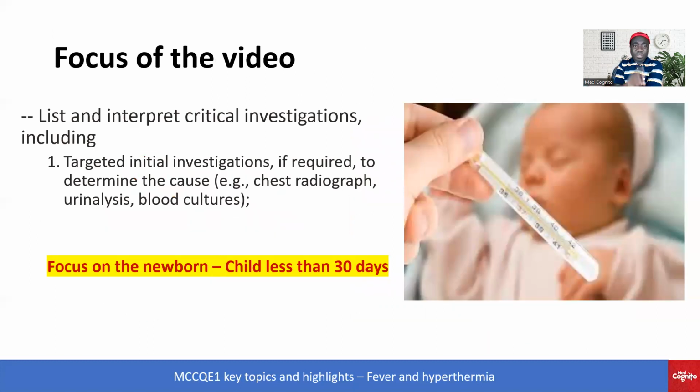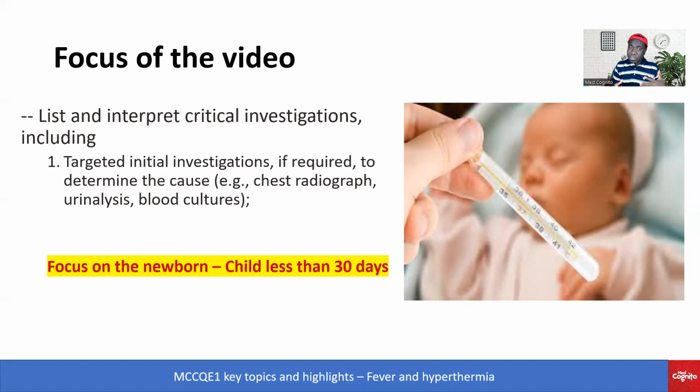So the focus of this video, frankly, is about one of the key objectives, which talks about list and interpret critical investigations, including targeted initial investigations if required, to determine the cause. So you realize that the objective is broad, and if you take your time to study the objective very well